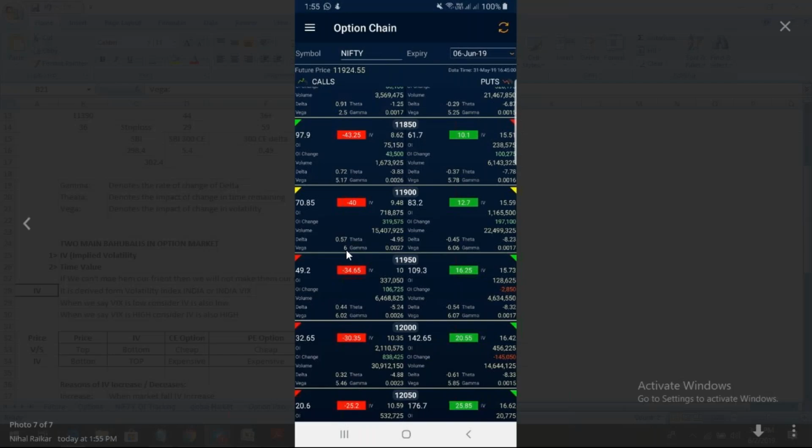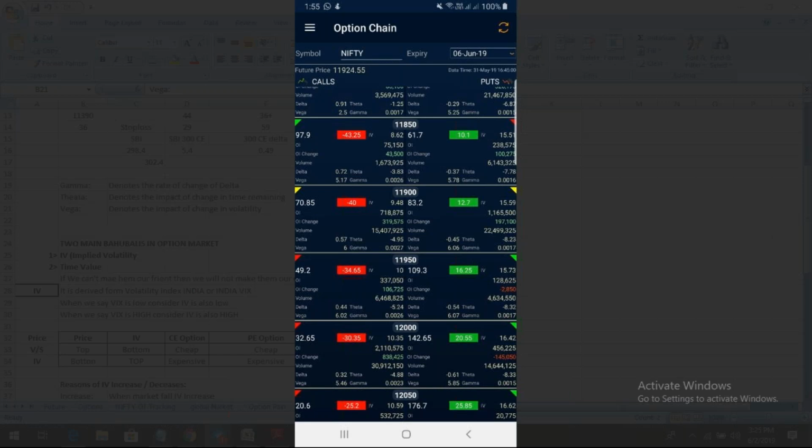Vega 6.02, Vega 6, Vega 5.17, Vega 2.25. Now, what did you understand? Someone asked me, if your Vega is less, it is good for you. It says if your Vega is less, it is always good for you. But if your Vega is too high,